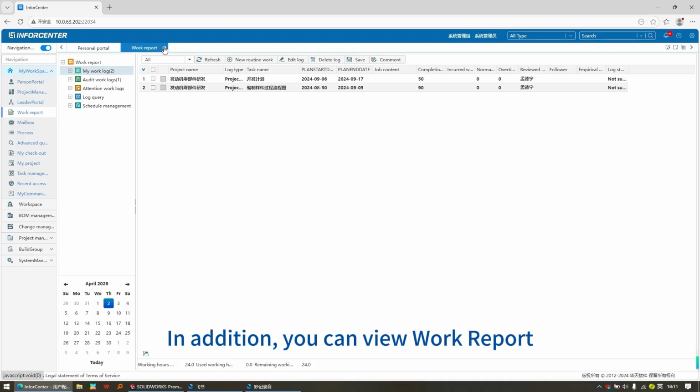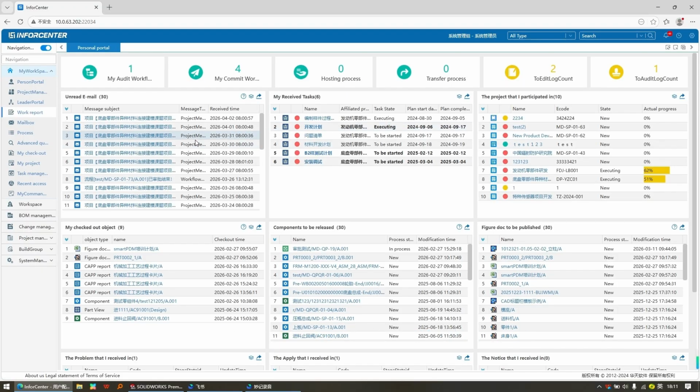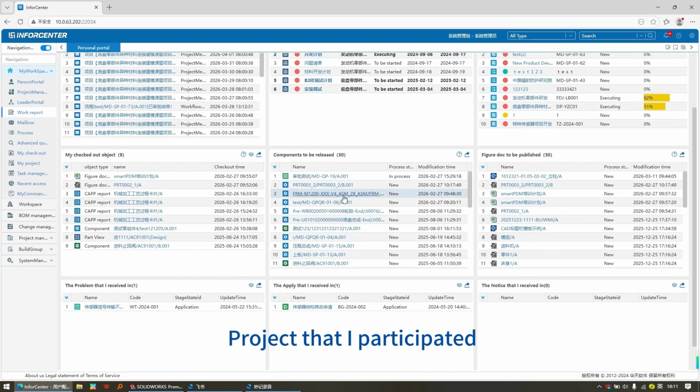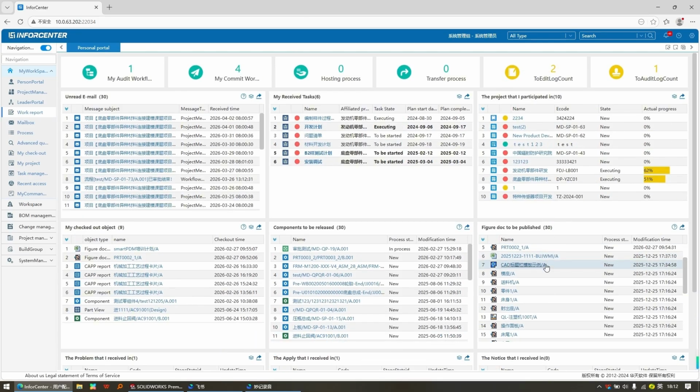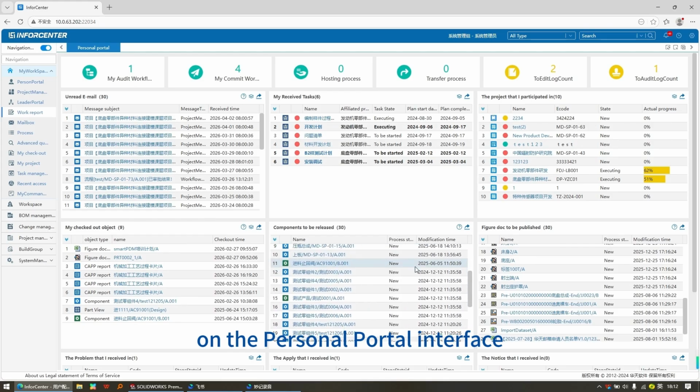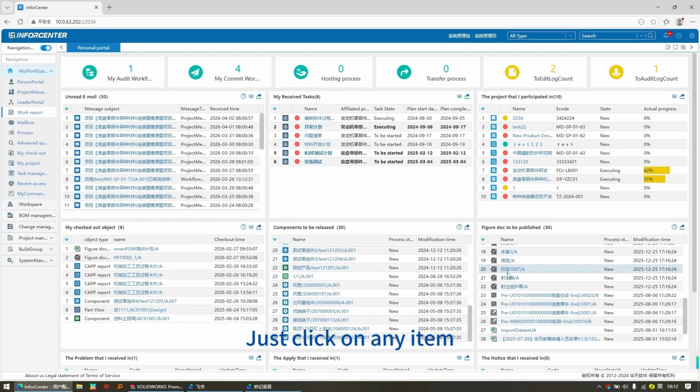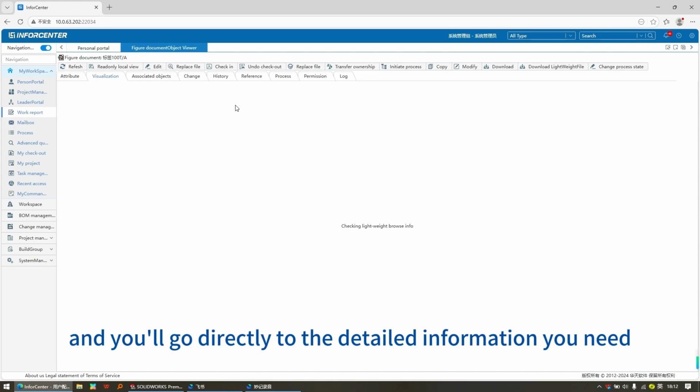In addition, you can view Work Report, My Message Alerts, Receive Task, Project that I participated, as well as related checked on object, Components to be released, Figure doc to be published. Everything is displayed clearly. On the Personal Portal interface, just click on any item, and you'll go directly to the